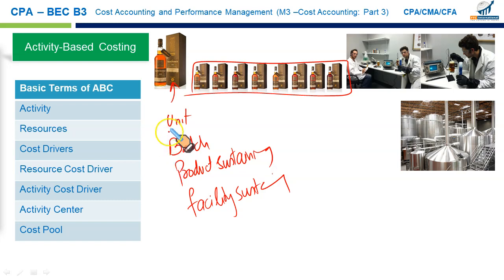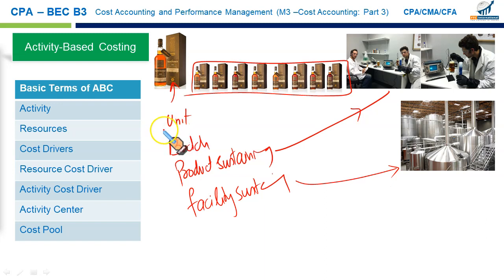Right? So unit level activities are those that are performed on a single unit. Batch level, like material handling, is for the entire batch. And product sustaining, like in this brewery, product testing, research and development, which is in fact incurred on many products simultaneously, are called product sustaining. And facility sustaining is like rent of the production facility, insurance.